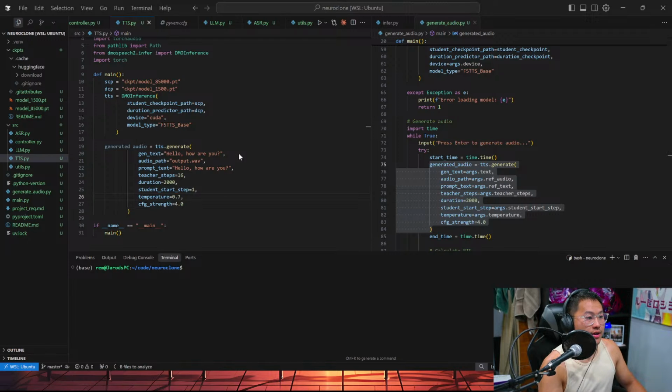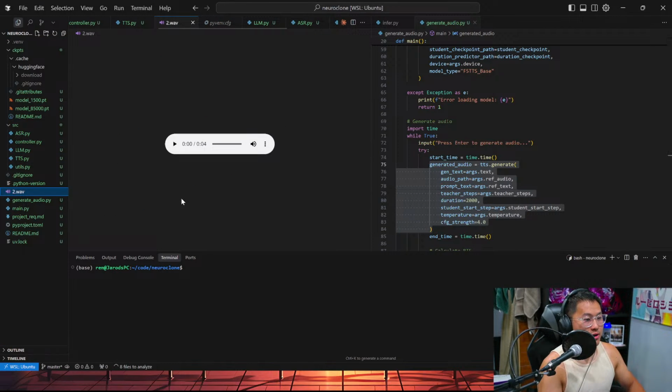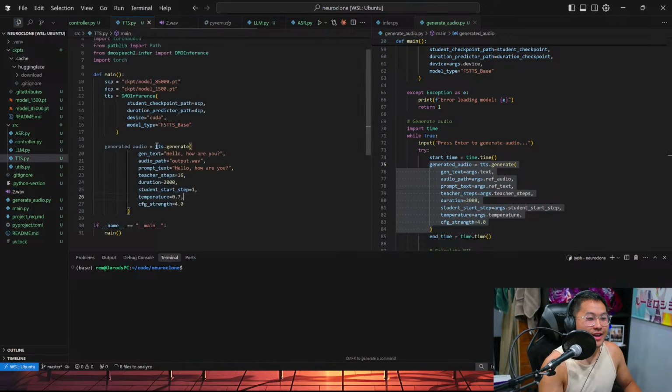Kokoro is an open-weight TTS model with 82 million parameters. Kokoro is a TTS.